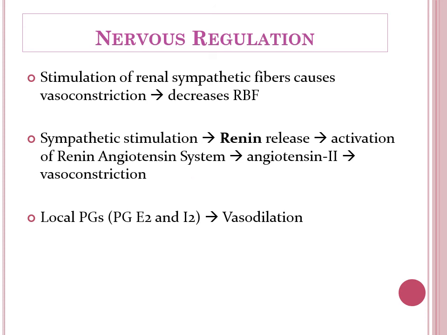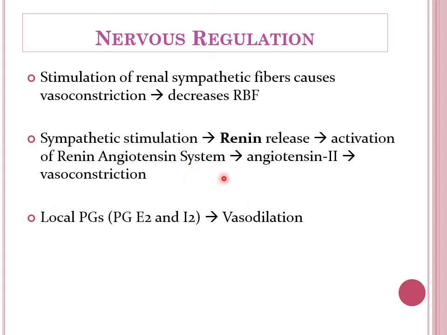Okay, so at the time of severe physical exercise or any stress, the vital organs will require high blood flow, like the heart basically. So here the blood flow will be diverted from the kidney to the heart. In this way the sympathetic system will decrease the blood flow to the kidney.